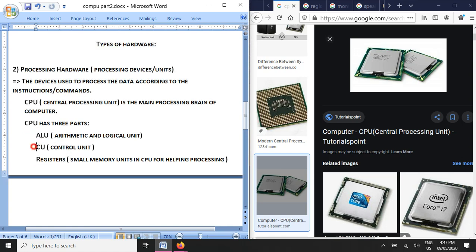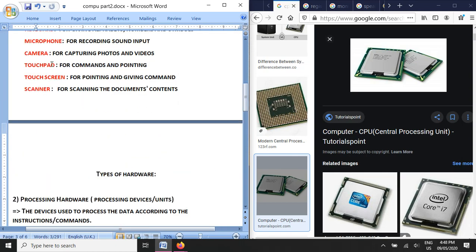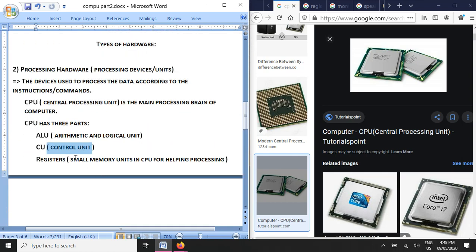And after that we have the control unit. So control unit works as a traffic controller in the computer system, because inside the computer we read that there are different hardwares, and the data must flow from one part to another. So the input device gives the data, and that data should be given to the processing, and after the processor processes, it must be given to the output device, and after that it must be stored in the storage device. So the data are running from one part to another part inside the computer.